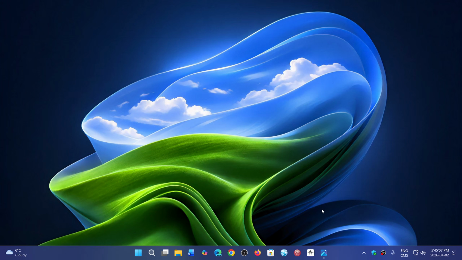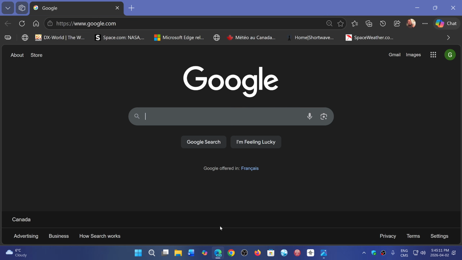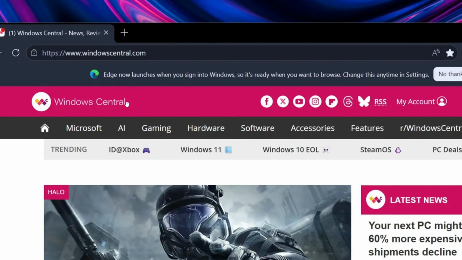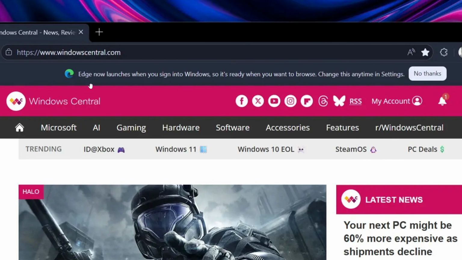It seems that this image actually comes from Windows Central, and it is a little image that tells you that at the top here, it actually adds a little something. Look at that. Edge now launches when you sign into Windows, so it's ready when you want to browse. Change this anytime in settings. And of course, you could say no thanks, but you've got to be wary that it's there, that it's something